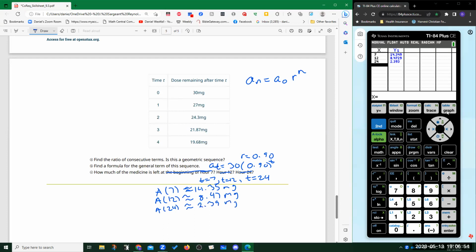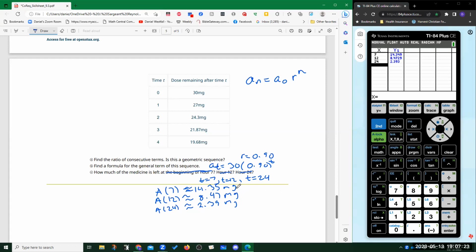Again, rounding to the nearest hundredth of a milligram. I'm not using the rounded values to calculate. Again, I'm not explicitly going through recursively, I should say, each time, and going through A7 to get to A8, A9, A10, 11, 12, and so on, by multiplying by 90% each time. I could do that,